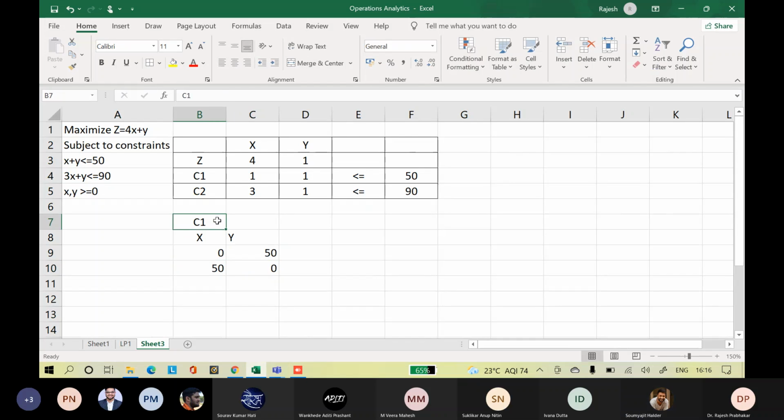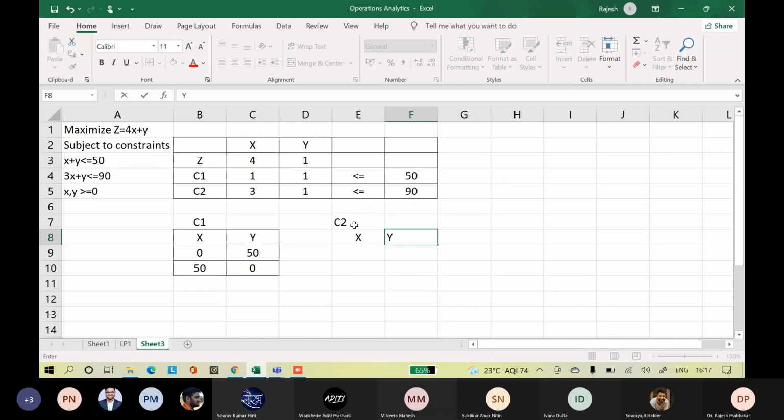We are looking at constraint 1 only. So constraint 1 is 0, 50 and 50, 0. Now look at constraint 2, C2. If x is 0, what will be y? 90. If y is 0, what will be x? 30. Right, so you got the x and y values.